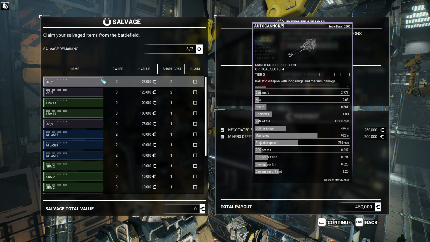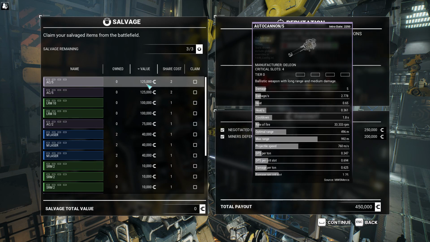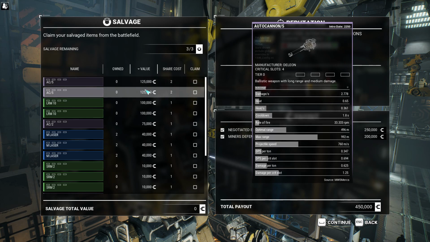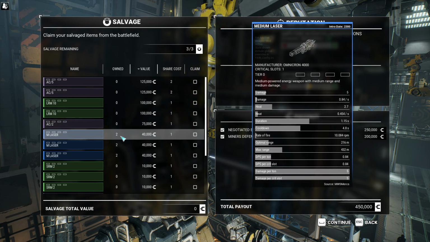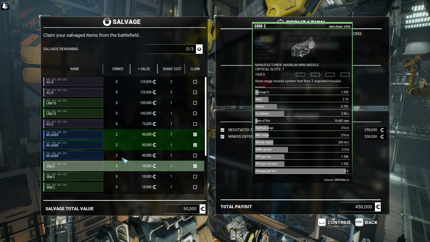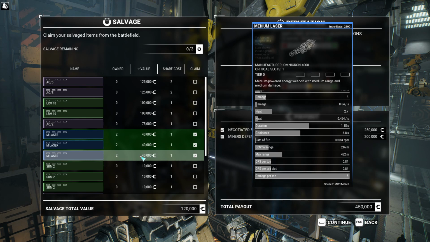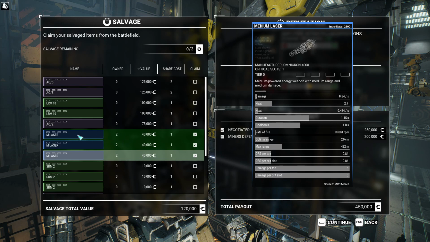Whereas this says the AC5 is worth a value of 125,000 C-bills. The bottom line is if I take that and then go to sell it, I'm going to make about 40. So what I do instead is I take the medium lasers, which are the mainstay of the game, pick them up even if they're tier 0, which